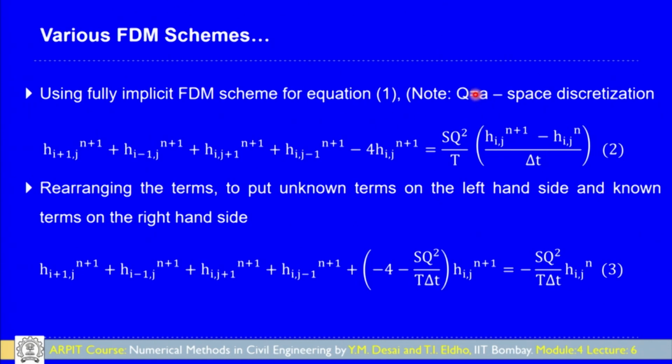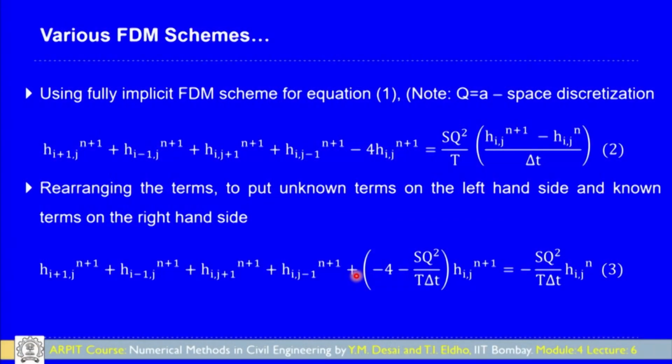So, please note that q is equal to a, the space delta x equal to delta y, and n indicates the time, i indicates the x direction, j indicates the y direction. So, this is a 2D problem. So, rearranging the terms to put unknown terms on the left hand side and known terms on the right hand side,